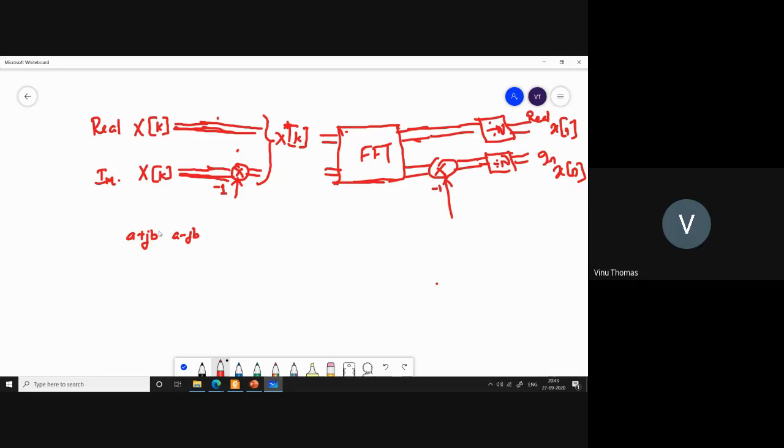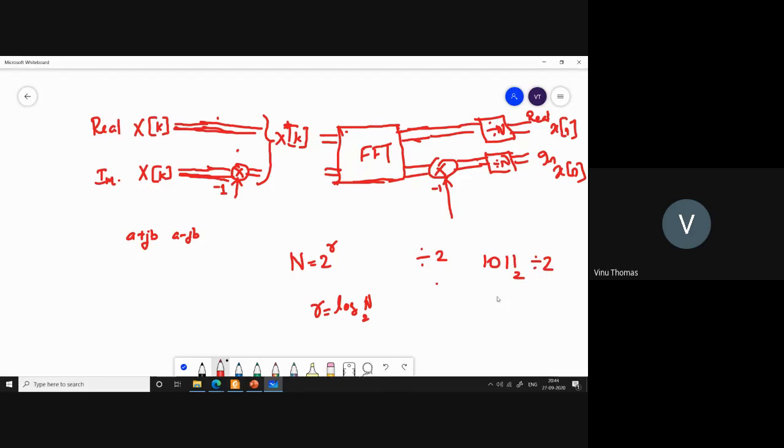So if I divide by n, now this division by n is also very interesting, because here, as we have seen, n is a power of 2, n is equal to 2 raised to r. So there are r stages, where r is equal to log n to the base 2. So if I divide by n, say for example, if I divide by 2, if I have 1011 as a number, I have to divide this by 2. What will be the new value? Can someone tell me what is the value?